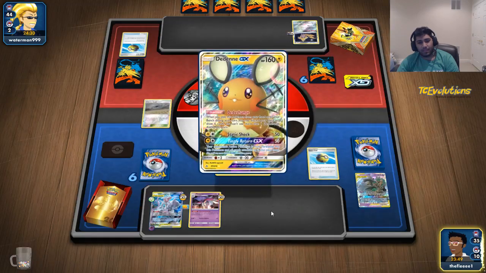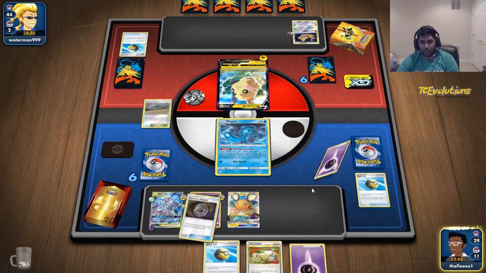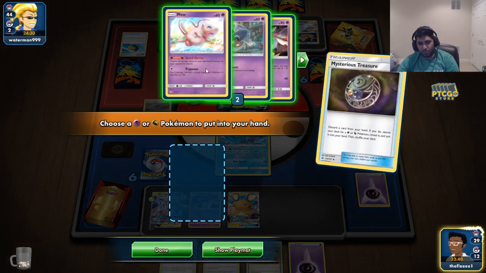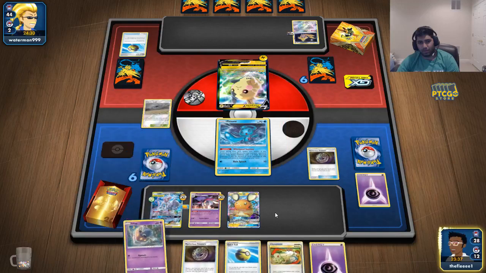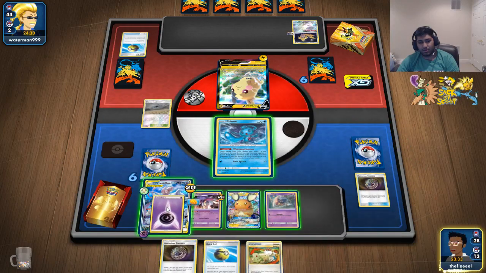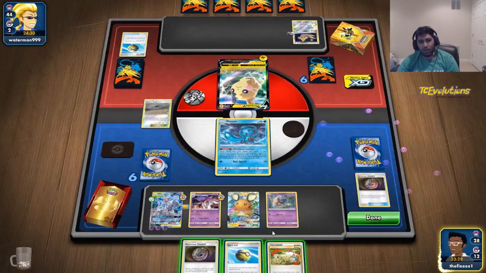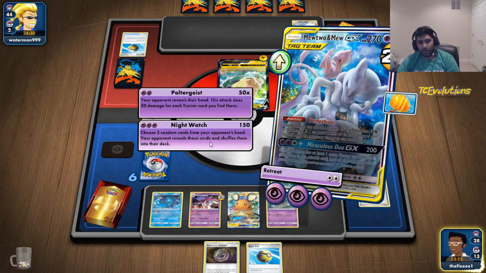Dedenne. The top deck switch was very nice, but I do play 4, so I was hoping I'd get there. Treasure, energy. Third switch being burnt kind of sucks, but I don't mind it necessarily. Also, no follow-up supporter is a little bit awful. We will just switch, and we will just go ahead and